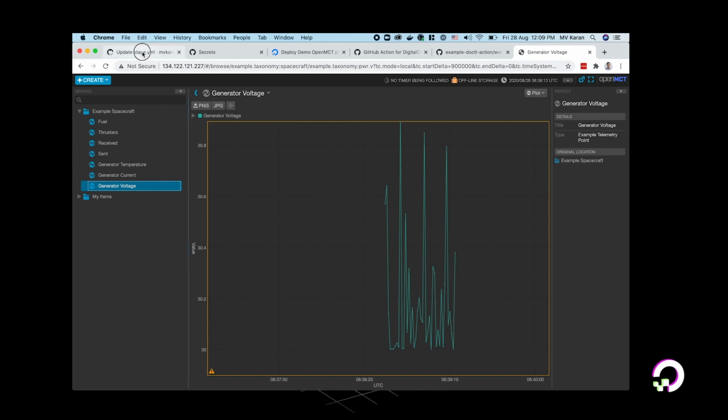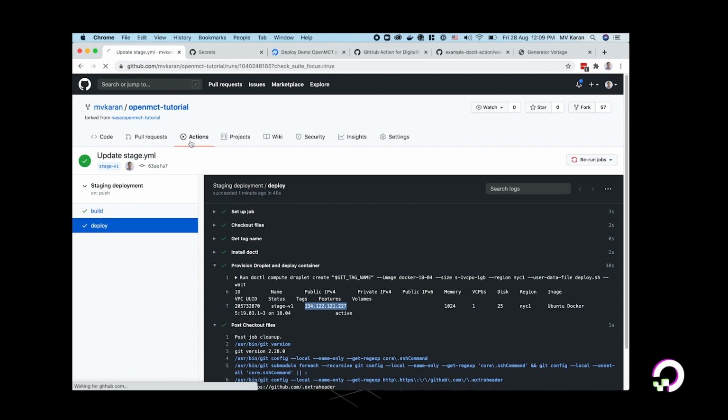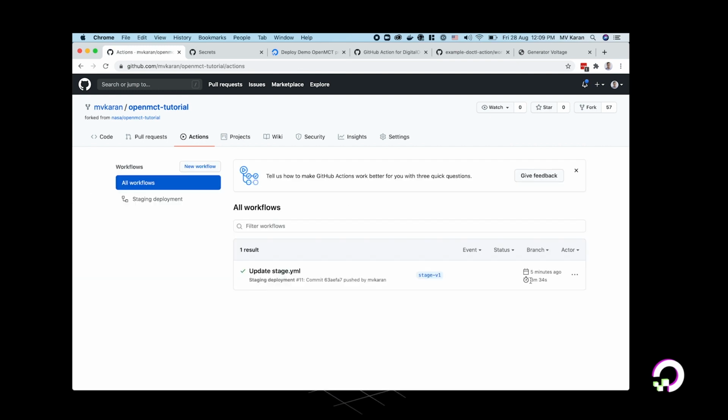So if we go back into the actions and see how long it took: 3 minutes 34 seconds to build the images, push them to Docker Hub, provision a droplet, and also almost get the user data script up and running. So that's how fast it can be to use a GitHub Actions workflow along with DigitalOcean.